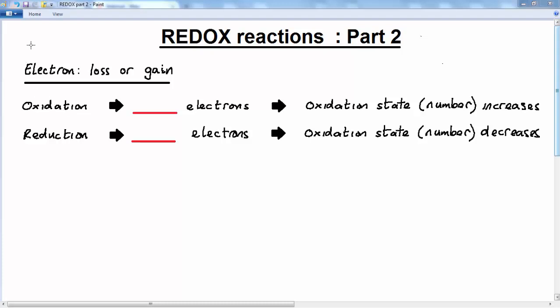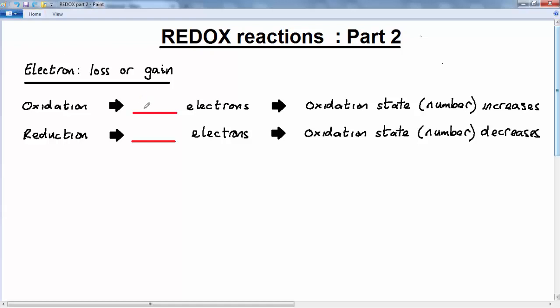In this lesson we're going to continue to look at redox reactions. This time we're going to extend the definition of a redox reaction. In the last lesson we said that oxidation was where an element gained oxygen and reduction was where it lost oxygen. Now in this more general and more useful definition we talk about oxidation and reduction in terms of electron